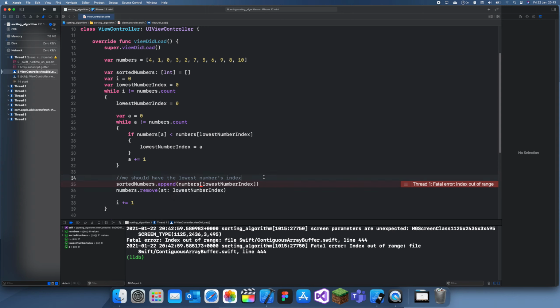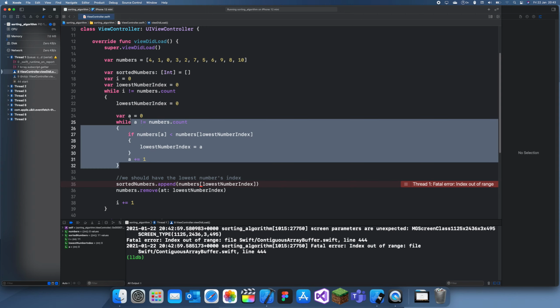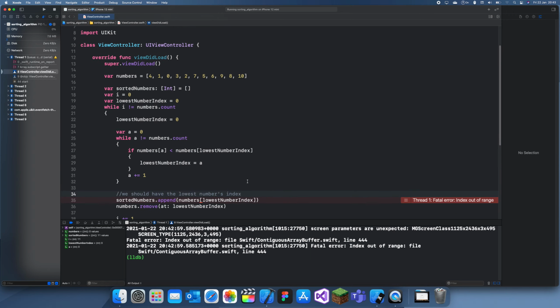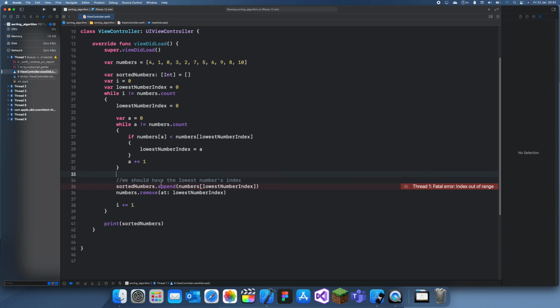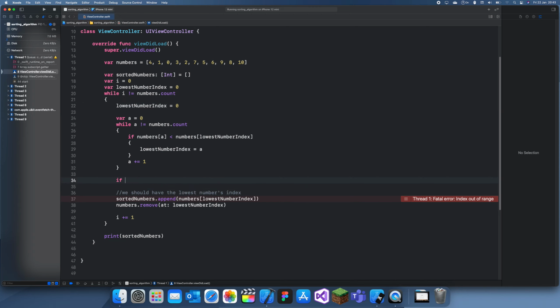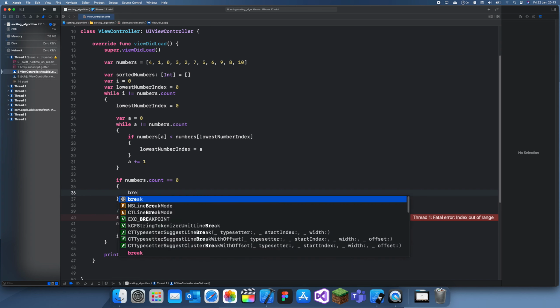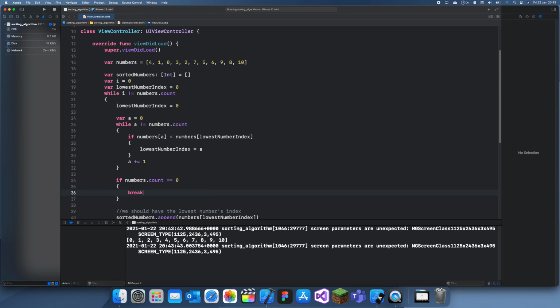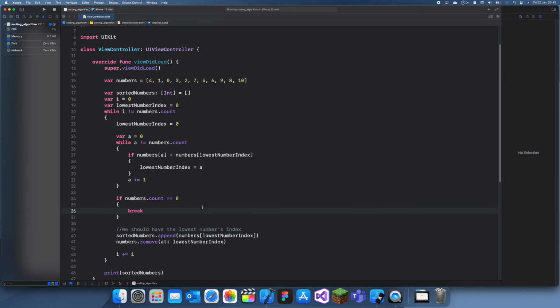I guess we could just leave a small, oh, because it would have gone out and then, okay, so what we can do here is check over here. So what we can do is, after lowest number index here, we can check if numbers.count is equal to 0. We can just break this while loop, I meant to say. So I restart this and we can see it's just sorted it out. So yeah, that was how you sort